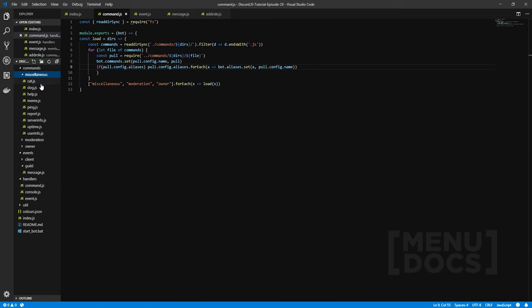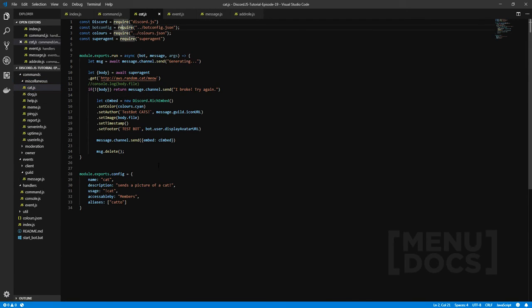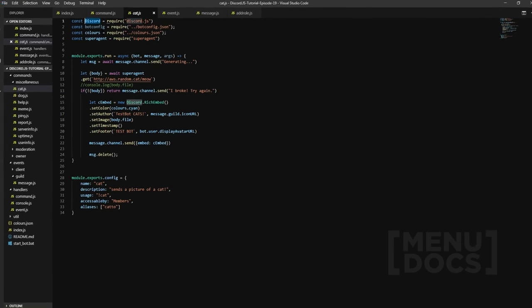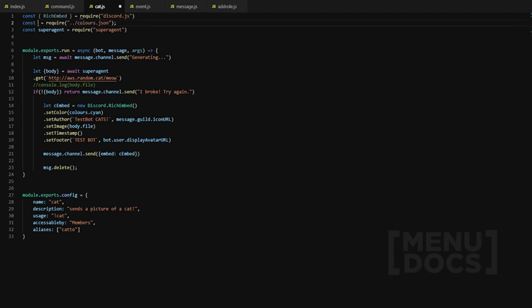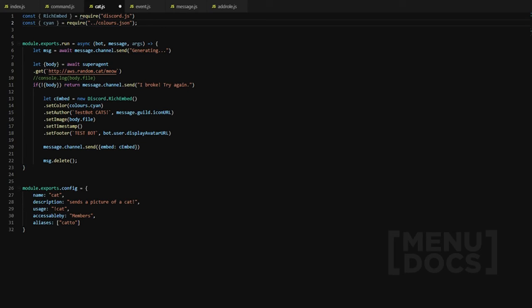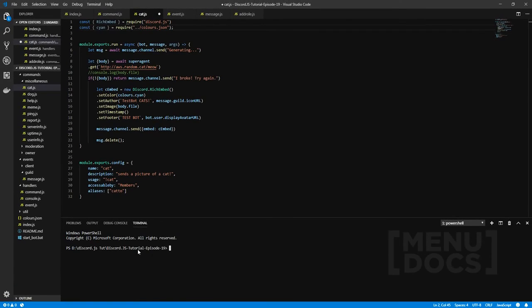Now we're going to change the format of how these are displayed here, and we're also going to change some of this stuff, and we're going to get rid of superagent. So now we're going to use something called node-fetch. If you don't know what that is, then definitely something you should Google. Bot config should not be needed, and then we should only need one color, which is that. So yep, and then we're going to get rid of this completely. Now we're going to go down here and quickly install